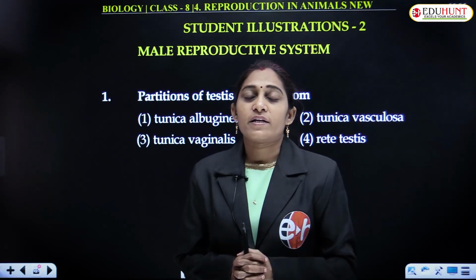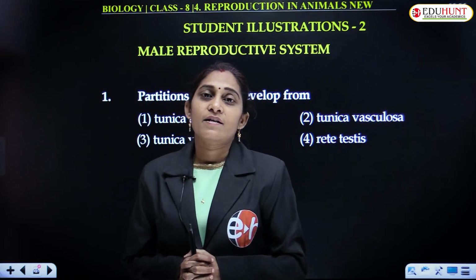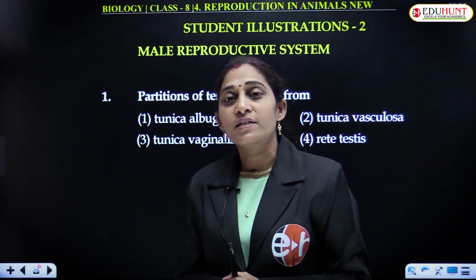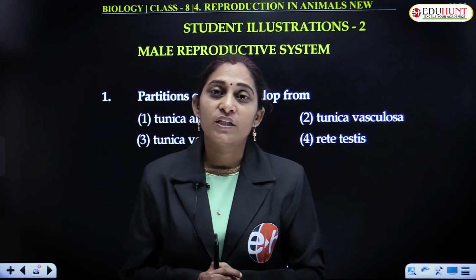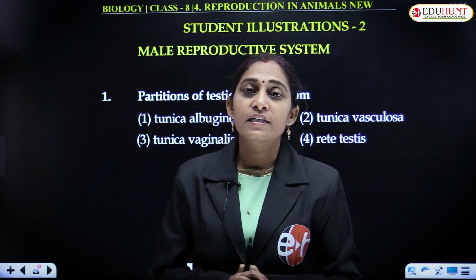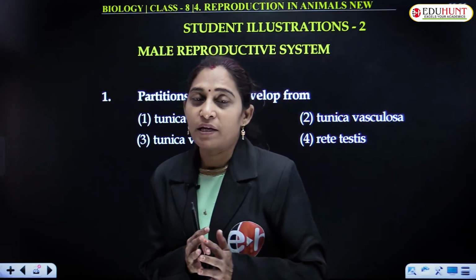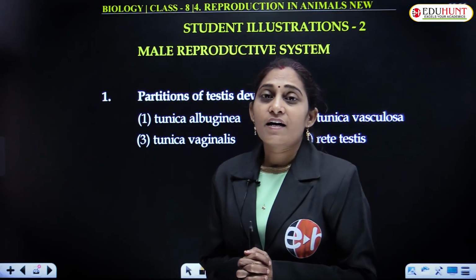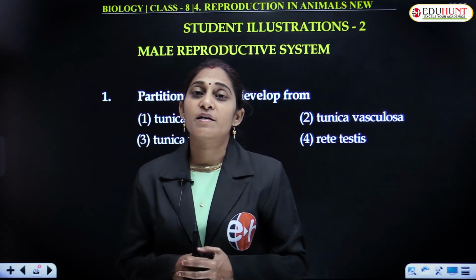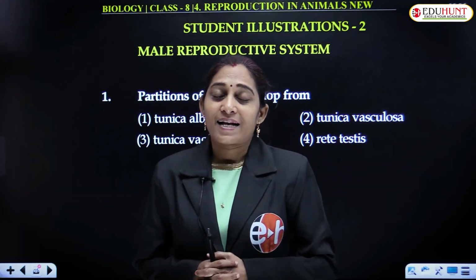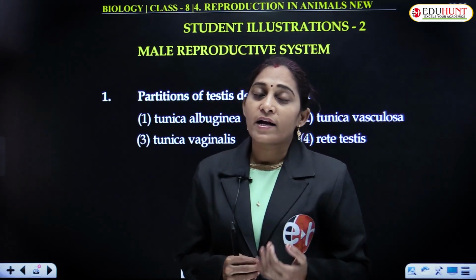The primary sex organs in a male individual are the testes. At the time of formation, they are present in the abdominal cavity and during birth, they come and settle in the scrotal sac. That is in case of the male reproductive system. And there are accessory glands like Cowper's glands, prostate glands, seminiferous tubules, all these accessory structures or organs that are associated with the male reproductive system.